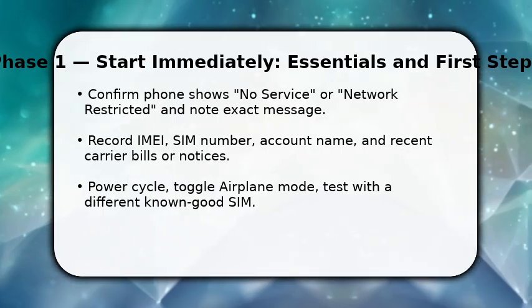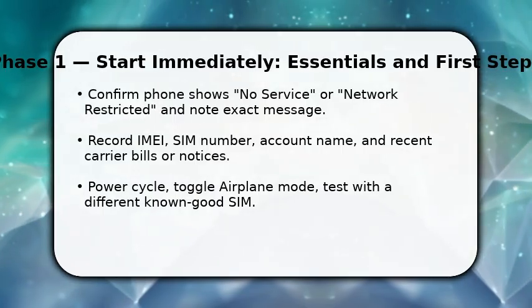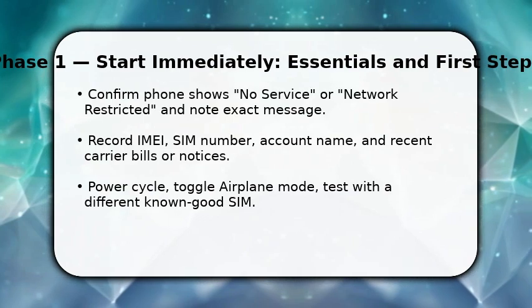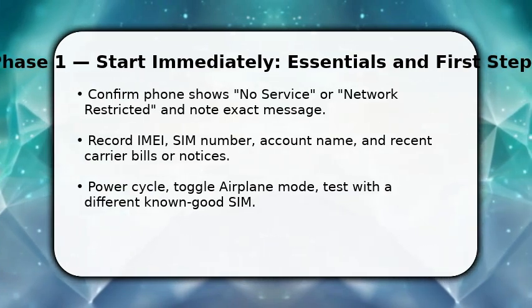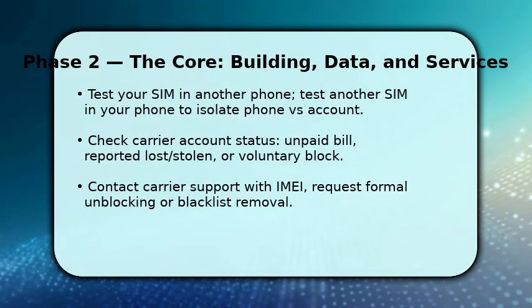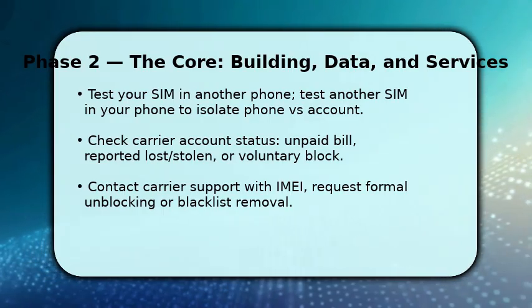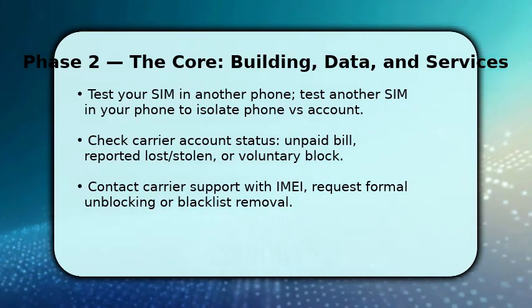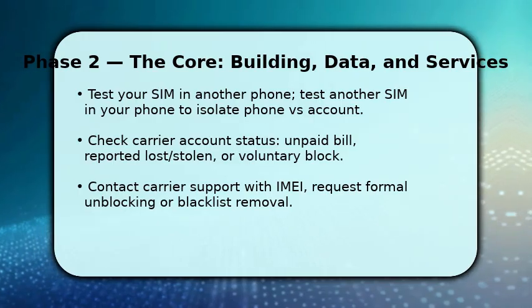Then test a second SIM. If a different SIM gets service, the block is likely account or SIM specific. You now isolate whether the problem is the handset or the account. Put your SIM into a working phone and try a different SIM in your phone because that quickly tells you